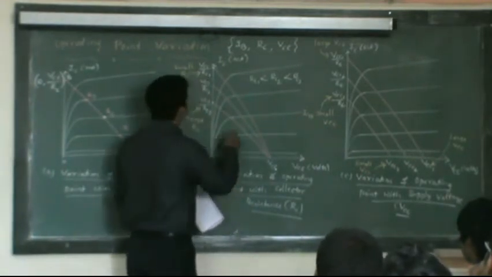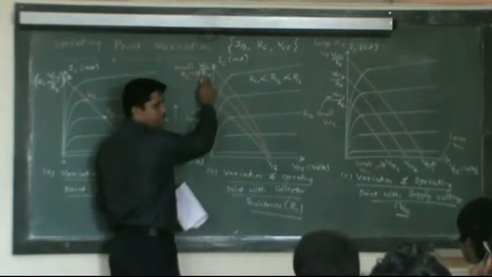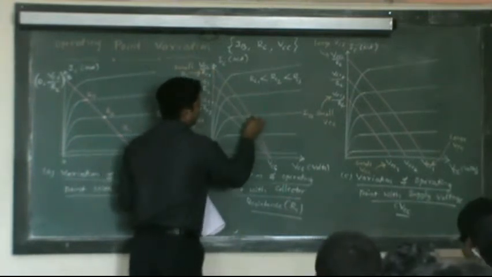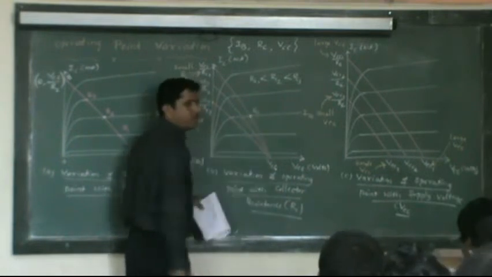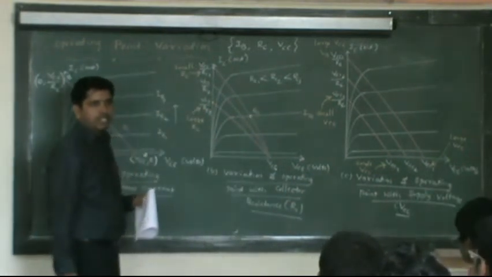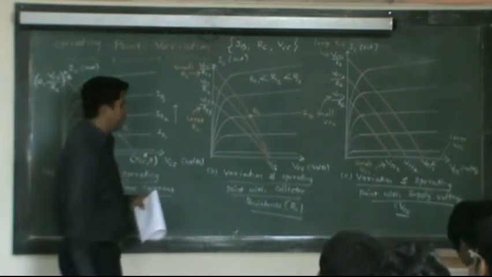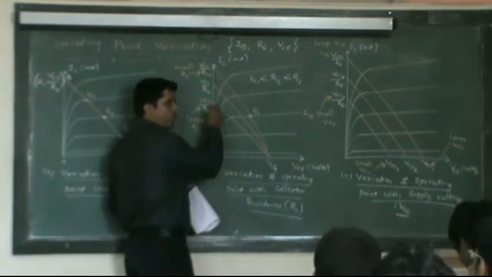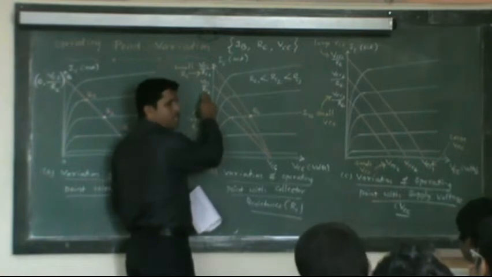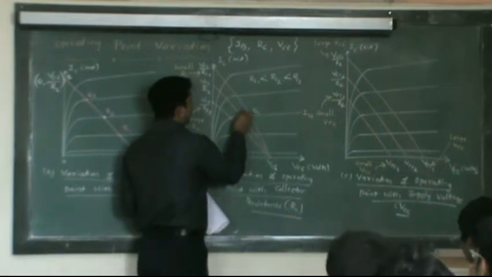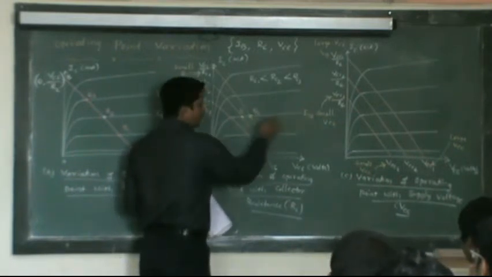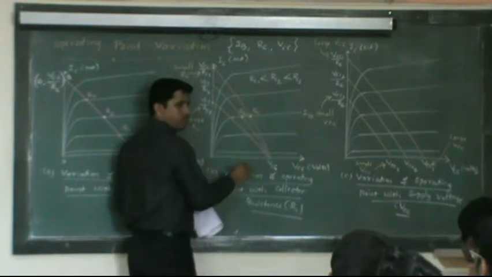If I choose VCC over RC1 as an operating point, this will be the load line. This will be the operating point. Let us call this Q1 as the operating point, even though the base current and supply voltage are kept constant. Look at the second AC load line. When you choose RC2 as the collector resistance, this will be the load line and operating point. Say, for example, since IB is fixed, Q2 will be the operating point.